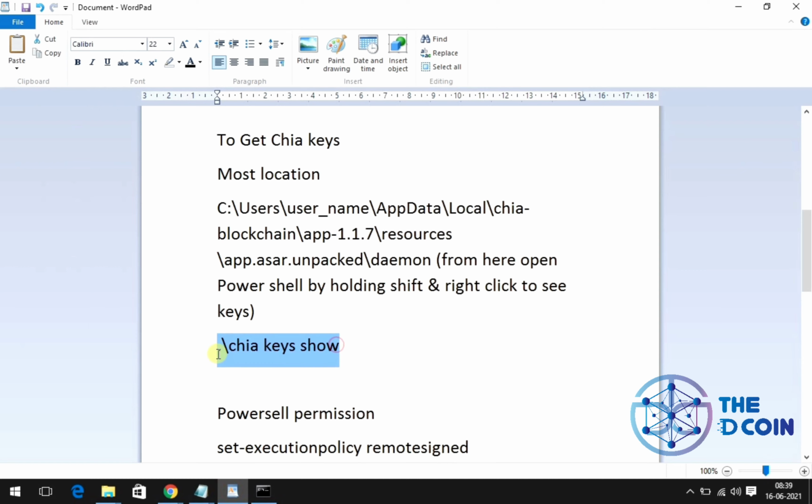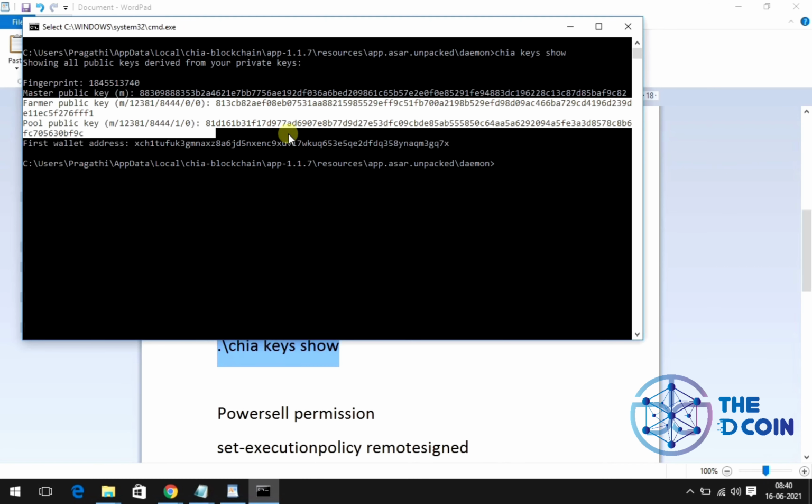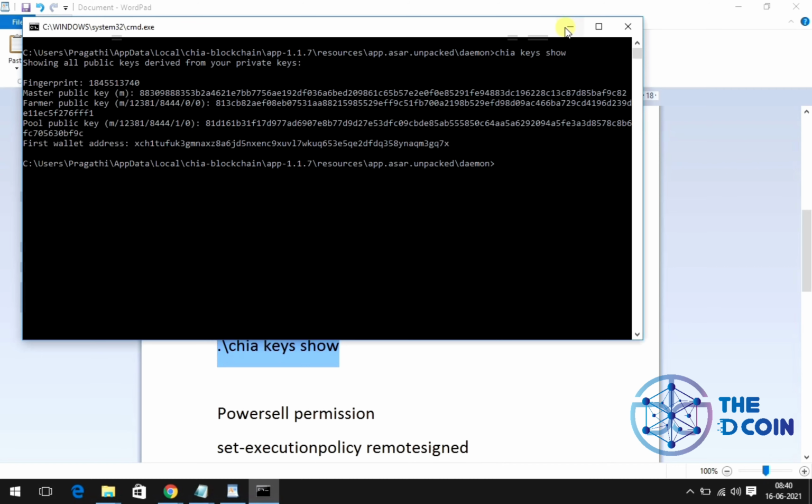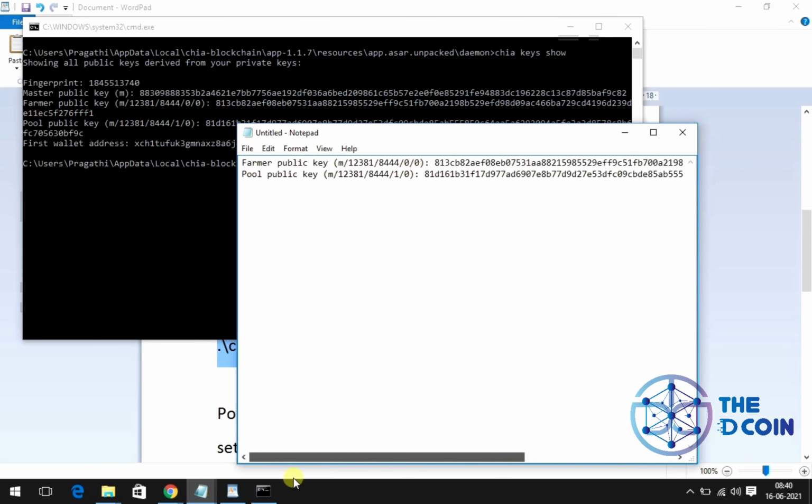For PowerShell, you have to use this type of keyword. You can see we got the keys. There is a master public key, we don't want that. We have to copy the farmer public key and pool public key. Copy that and paste it in a notepad so that we can use it in the configuration file.